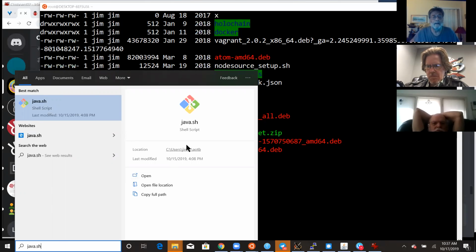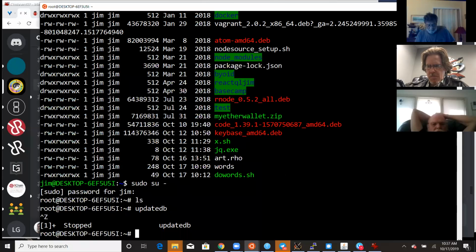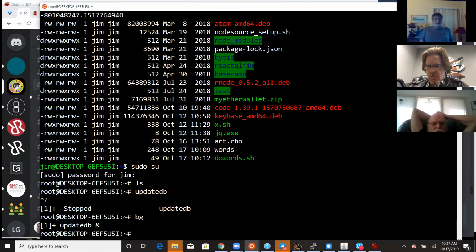Shell script. It's in user gem, AOTB. Aha. So in C colon. I'll let that updatedb finish. Now that's funny, because updatedb and locate use the Berkeley database, but maybe not the Lightning version of it, huh?